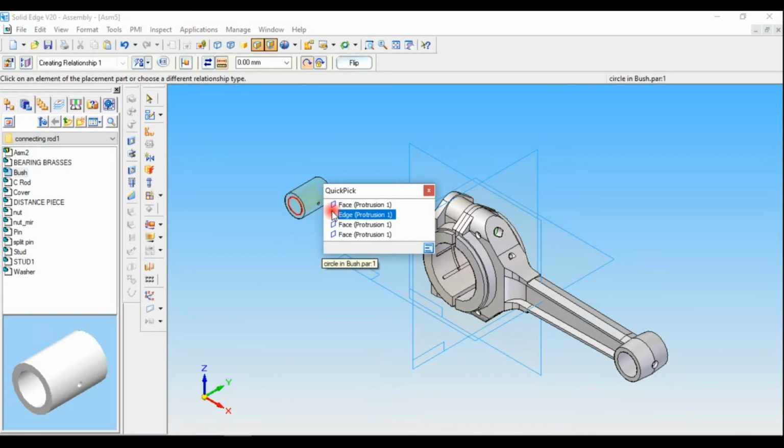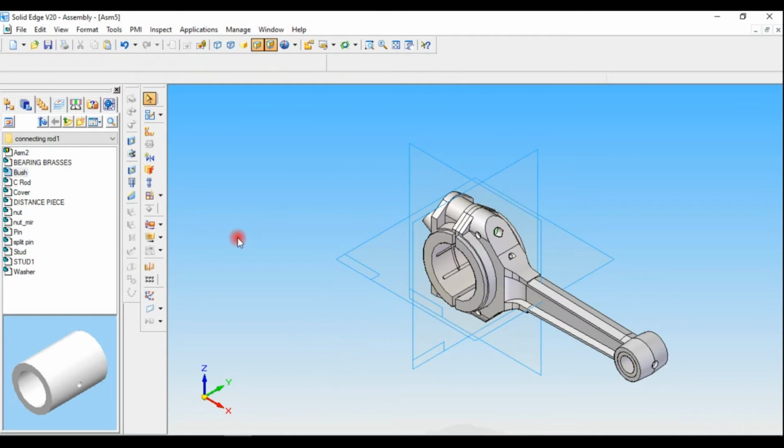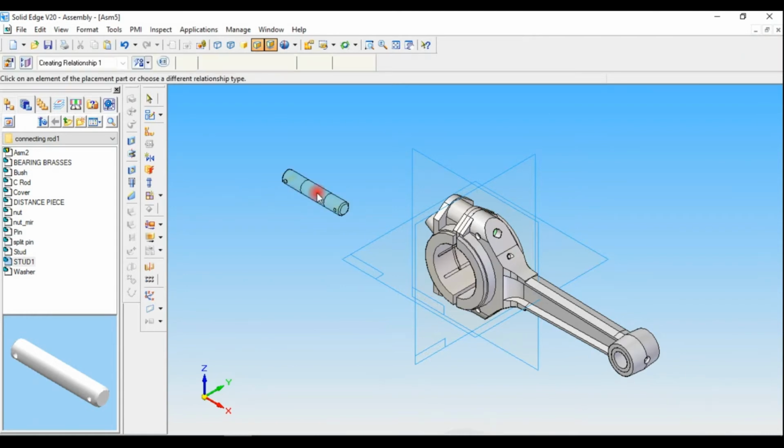This edge, I want the outer edge. This edge should meet with the inner circle. That part is over. Now the next part is the stud. Bring the stud into the sheet like this, and for axial alignment, this axis should align with this surface.